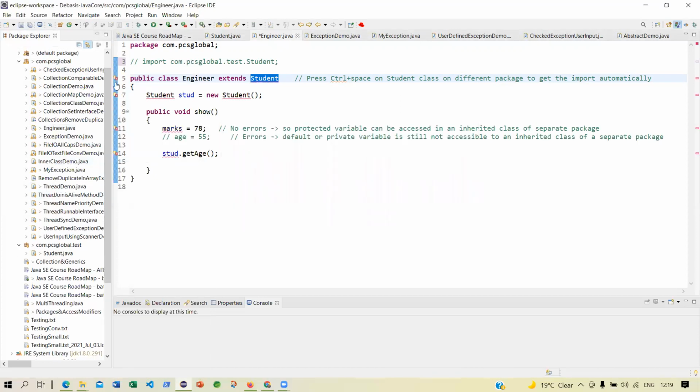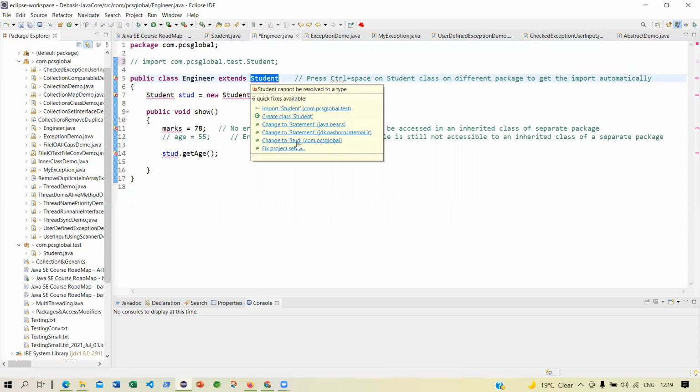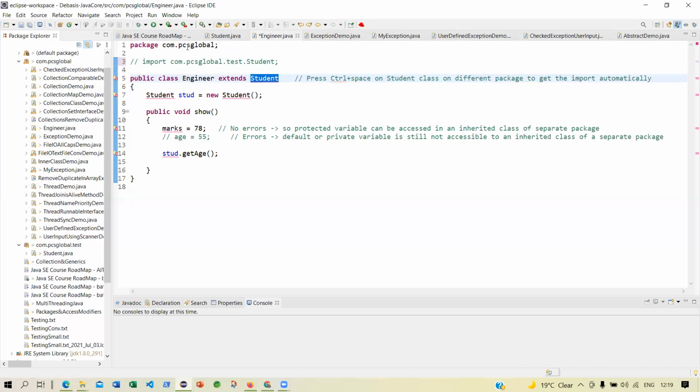Now, did you see immediately there is an error? Why is there an error? Yes, sir. Because the package com.pcsglobal is valid for engineer, but it is not valid for student because student is not there.